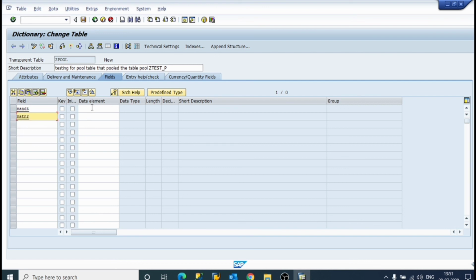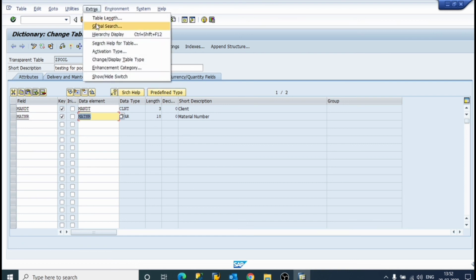MANDT means client, just client. Now MATNR it is for material number. See, material number. Now as you can see in the table it is written as transparent table. We are creating pool table.